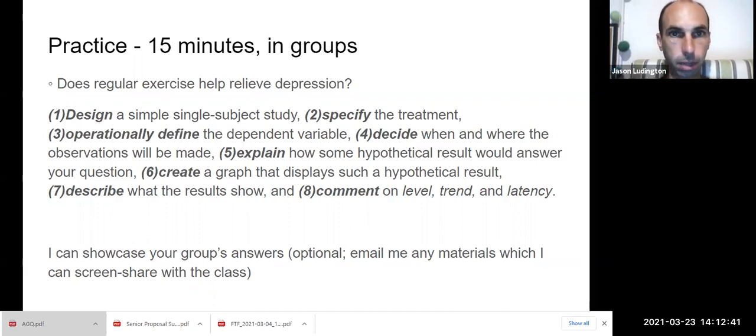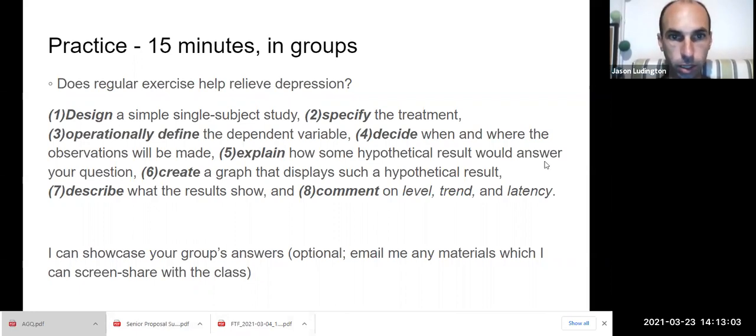Does exercise help relieve depression? So I want you to design a simple study, specify the treatment, operationally define the variables, decide when and where the observations will be made, explain how some hypothetical result would answer your question, create a graph that displays such a hypothetical result,